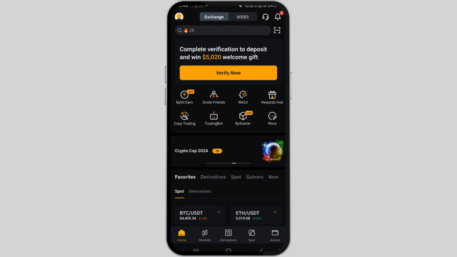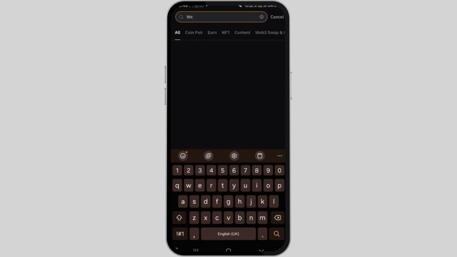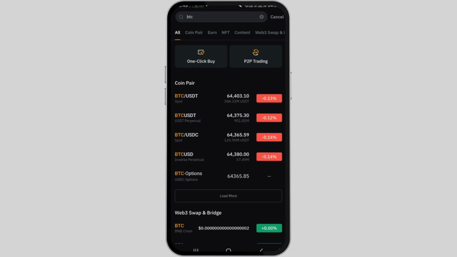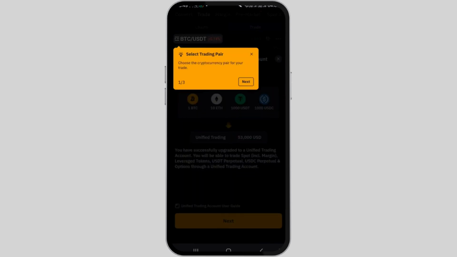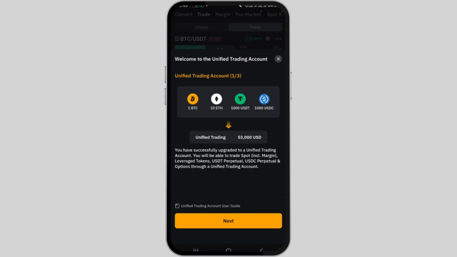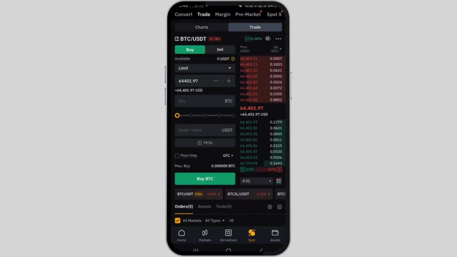Once logged in, navigate to the home page and tap on the search bar at the top, then type in BTC to find various pairs like BTC/USDT, BTC/USD, BTC/USDC, and more. Select the BTC/USDT pair to proceed, and next tap on the sell button at the bottom and input